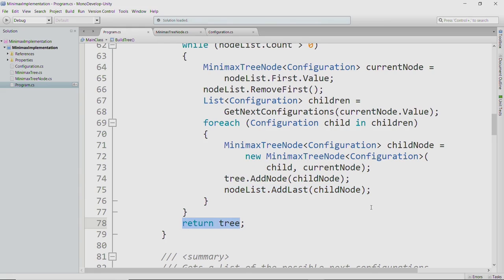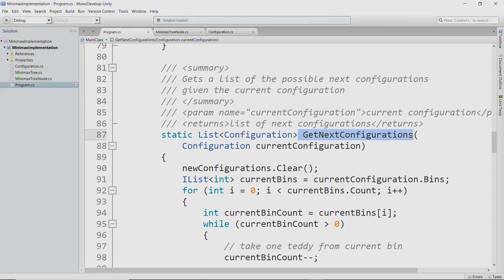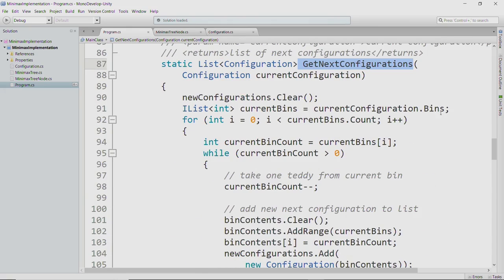The game tree has been built, but there are no Minimax scores attached yet. Here's that method that generates all the next configurations. So here's what I do. I get the bins from the current configuration, and I'm going to go through each bin. So I'll start at the leftmost bin, and I set current bin count to be whatever is in that leftmost